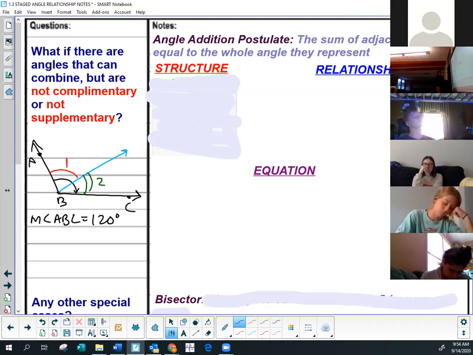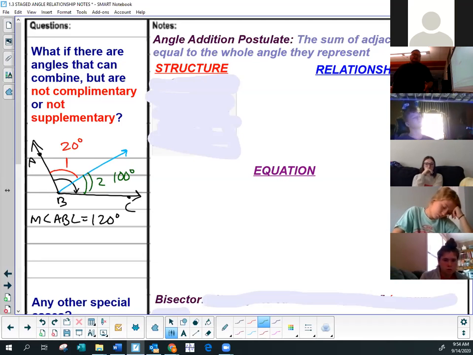Okay. That just means I can add them together to make 120 degrees. And so it may be the case that this is like 20 degrees, which would force the second part to be like 100 degrees. Okay. And again, not a huge stretch, but if we can have totals that add to 90 and 180, certainly we could have angles that add to 120 and mimic that relationship. For example,